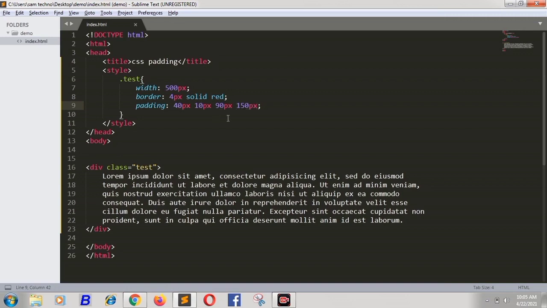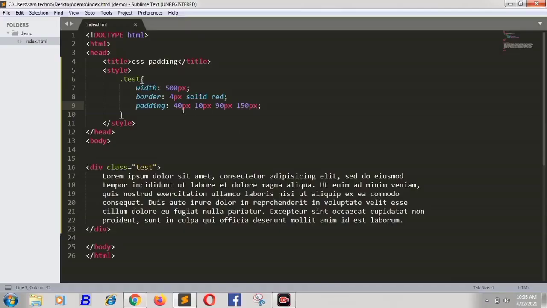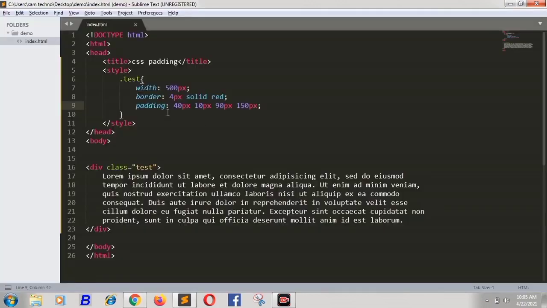So Control S to save and refresh here. As you can see, 150 pixels is given from the left. One more technique when you use the padding: if you write here, save and refresh, there is no padding.